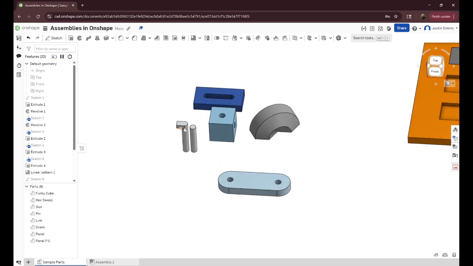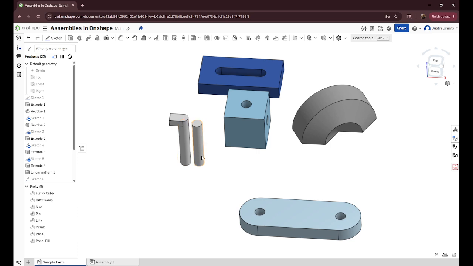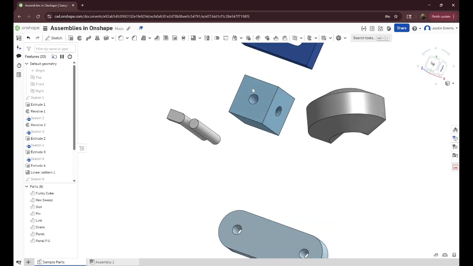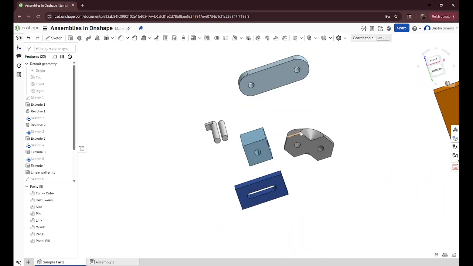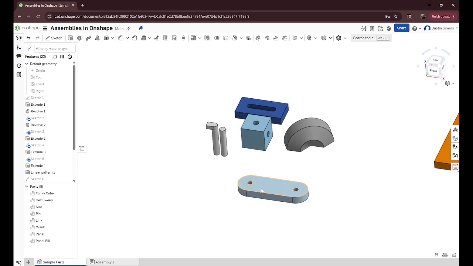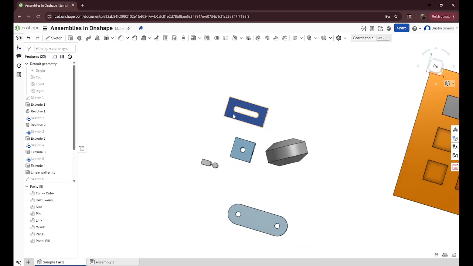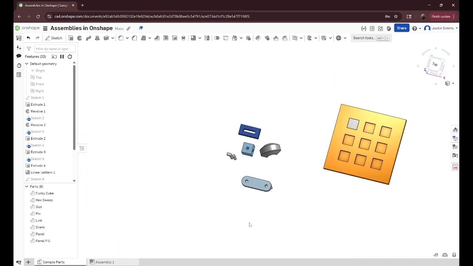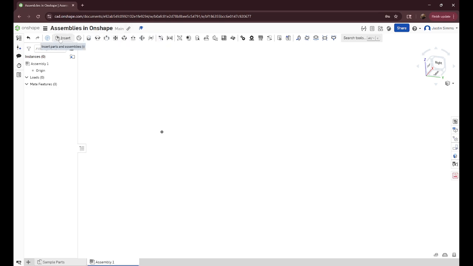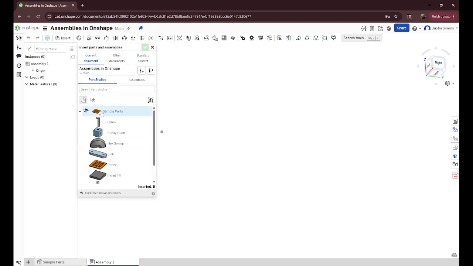I have a little crank, a cylinder, this cube with a few holes in it, this hexagon that I just swept around, a little link, a slot, and then a part with a grid of subparts. So to insert the parts, you're going to click right here, Insert, in your assembly, and you can